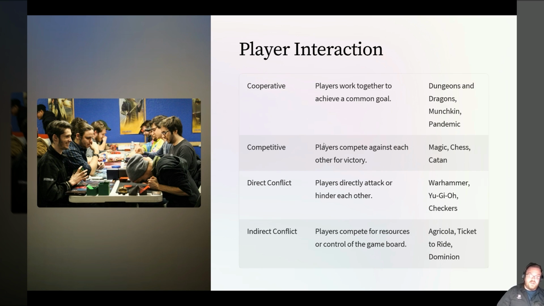Indirect conflict, on the other hand, is when players don't directly affect other players, but they directly affect the game state, the game board, and indirectly affect other players to try to win the game. I'd use Agricola, Ticket to Ride, Dominion. These are all games that are actually very similar to Catan in their theory, but the idea is you're gathering resources and whatnot, and you're not directly interfering with what other players are doing, but you're trying to gain control of the most of whatever the victory